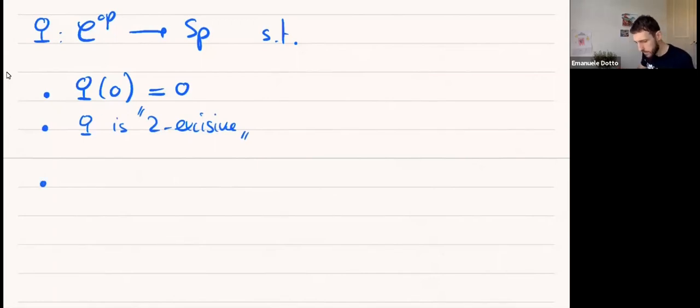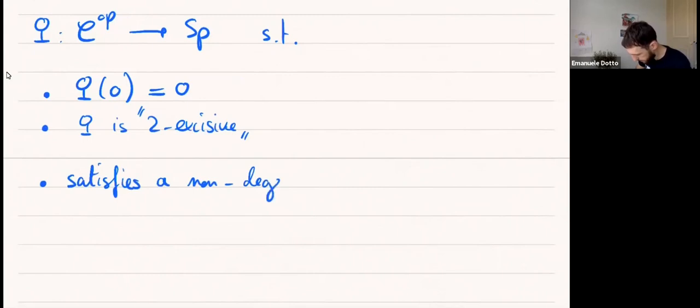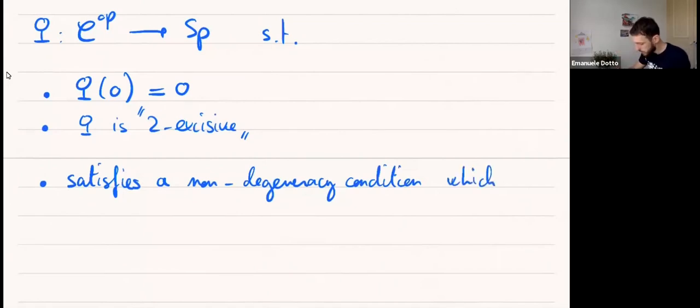And finally, there's a non-degeneracy condition. Let me not say exactly what this condition is, but instead let me tell you what you get out of it. So the non-degeneracy condition gives rise